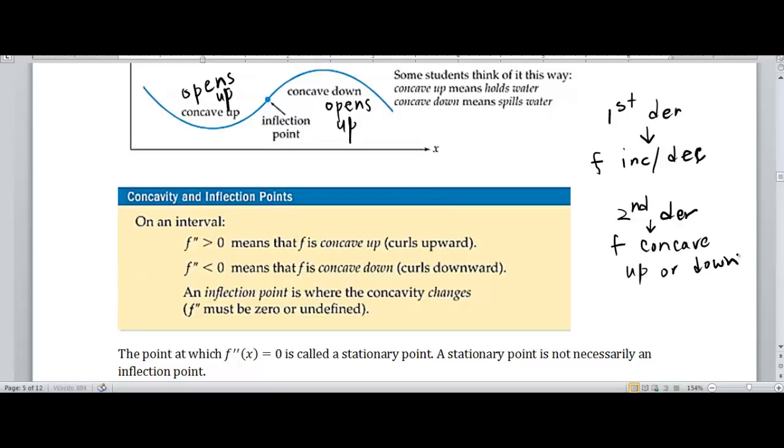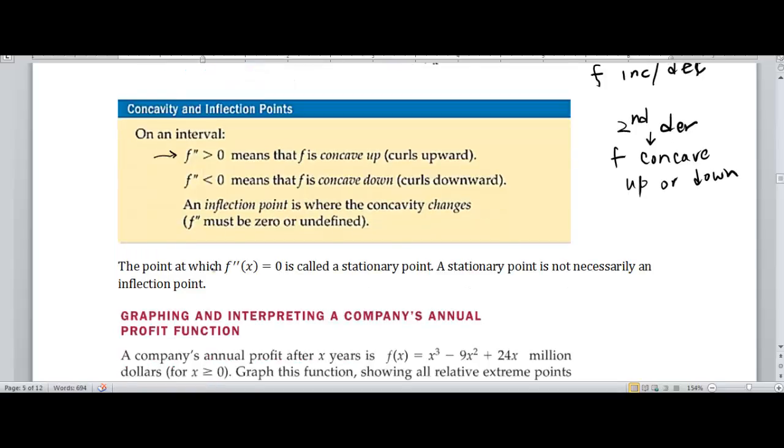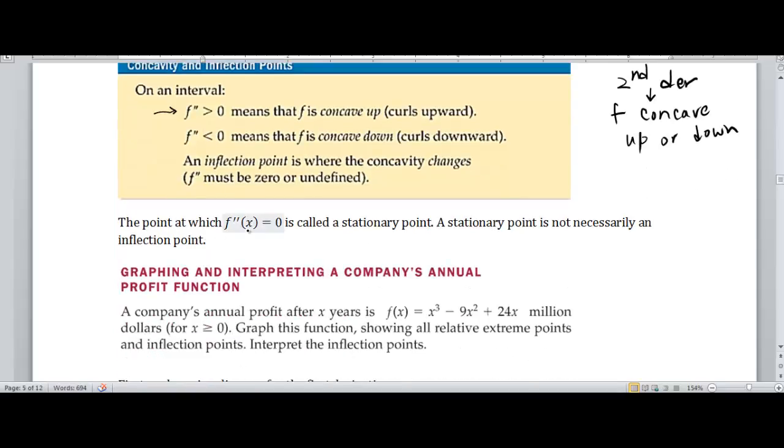If your second derivative is positive, that means your graph is concave up. If your second derivative is negative, that means your graph is concave down, and an inflection point is where the concavity changes. The point at which the second derivative is 0 or undefined